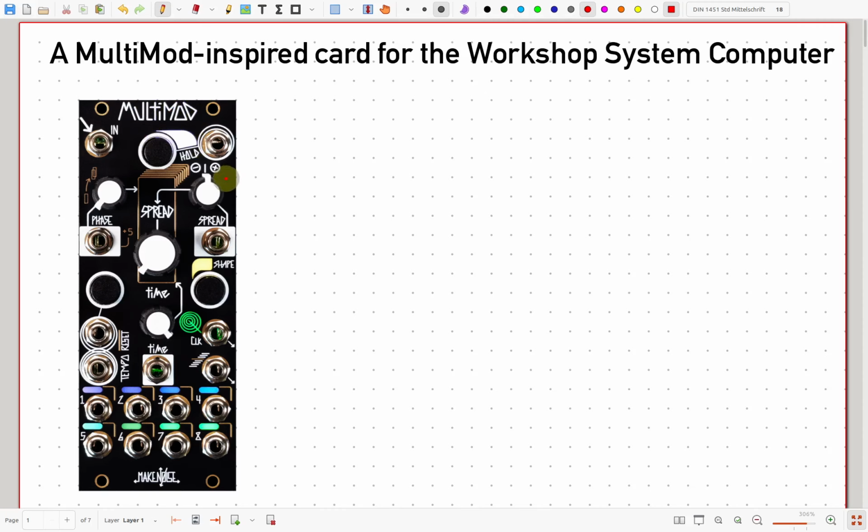It seems like an interesting module, and something a bit like it might have some interesting uses within the workshop system. So let's just go over quickly what the MultiMod, roughly speaking, does. I've never actually used a MultiMod myself. I've looked a bit at the web page, I've watched a couple of videos, but this is my understanding of